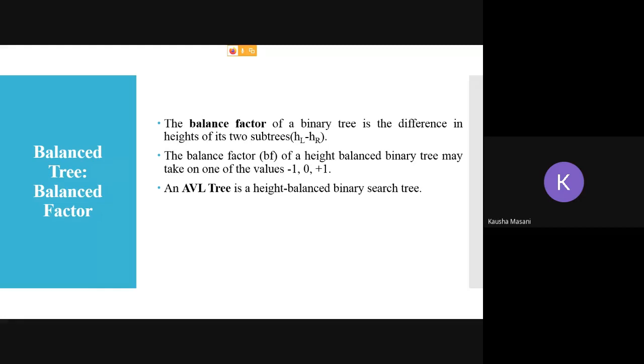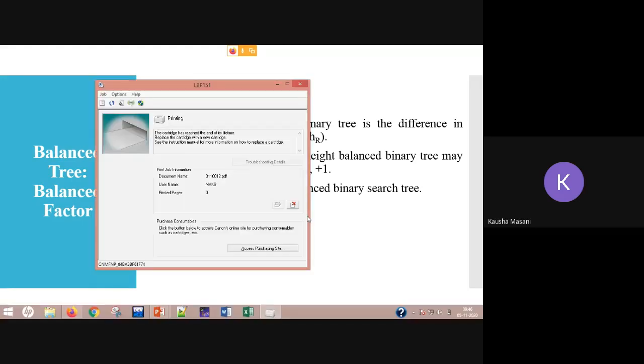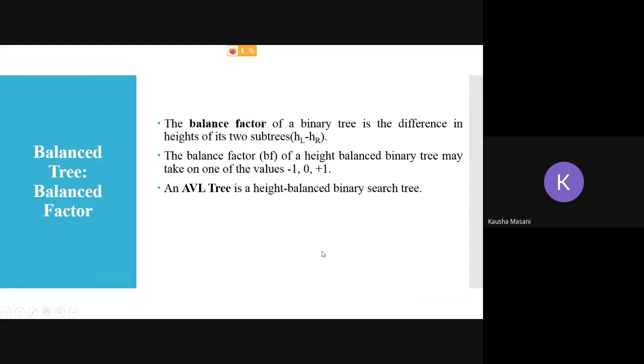All right, and what is the characteristics or say the properties of AVL tree? They are height balanced binary search tree. Okay, see, what they are saying, they are height balanced. So one of the properties you have to consider are of height balanced trees. Binary search tree, that means BST. So all the properties of BST. What are the properties of BST? Can anyone tell me the particular property of BST? Binary search tree.